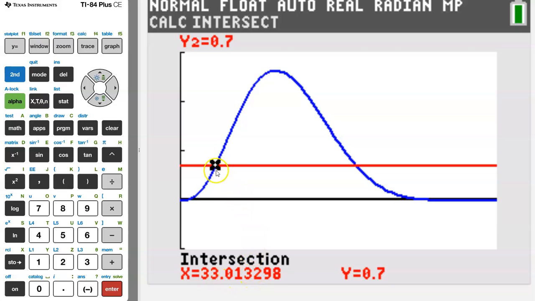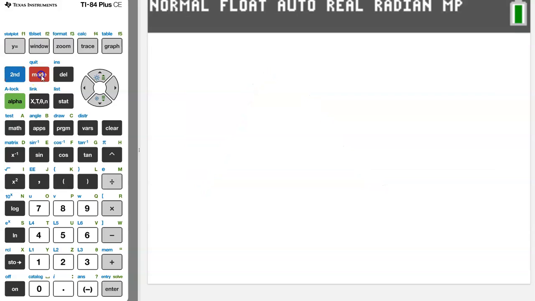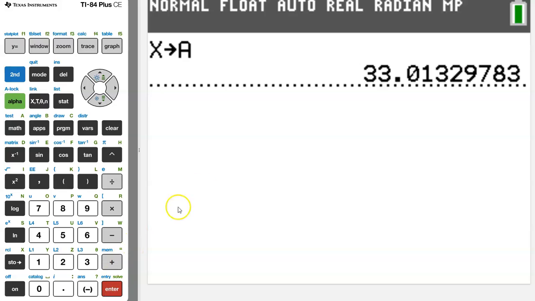33.013. I would like to store this into a letter for future use. So hit second quit, hit the X button, hit the store button, and I'm going to store this value into the letter A. So alpha A, enter. When I need to use this number later, I can now just type A instead of typing all of these